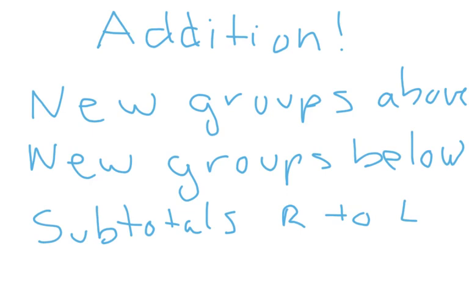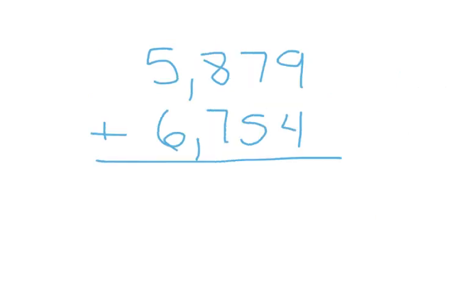In your notes, I would go ahead and write down new groups above and then do the problem that I model for you. And then write down new groups below and follow along and take notes on how to do that strategy. And then write down subtotals right to left. Follow along, copy down the problem I'm showing you, and maybe even write down how to do that strategy. So again, today we're learning 3 different strategies. Let's get started. Let's start with our new groups above method, and what we're looking at is the problem